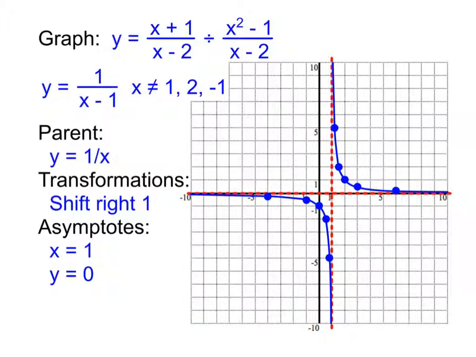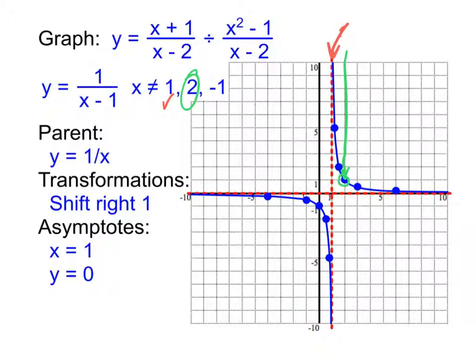Now, the first restriction that I have listed there at 1, that's my asymptote. So that's already been taken care of. So this one is done. But you notice at 2, where x is 2, there isn't anything yet shown. I have to show that the 2 is not really part of it. So what you do then is you erase that dot that you plotted, and you replace it with an open